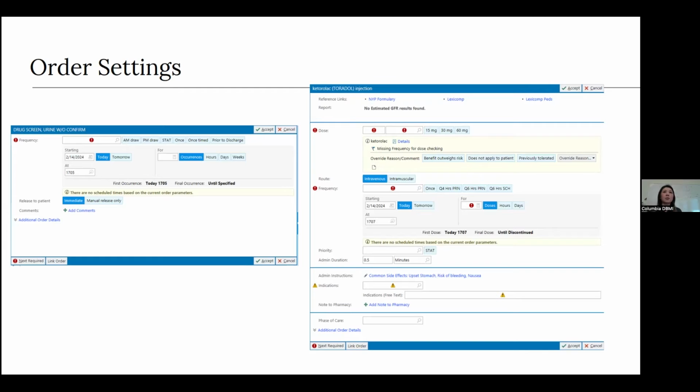Is it counting how many clicks? Is it counting the keystrokes? If you select AM draw, is that one order change? If you switch to PM draw, is that another order change? So this was important to figure out, and we determined that it was actually not clicks or keystrokes, but it